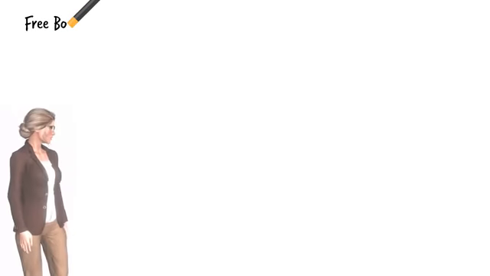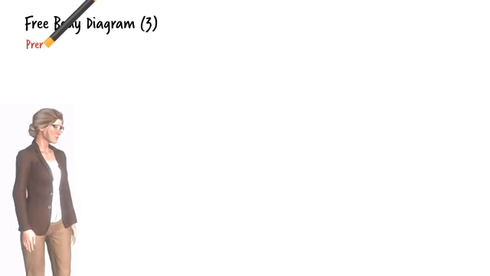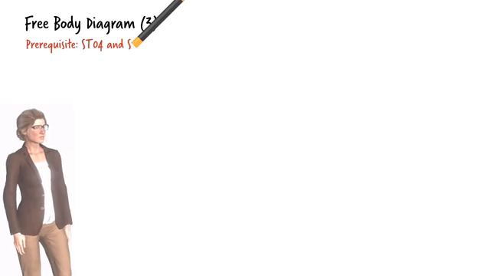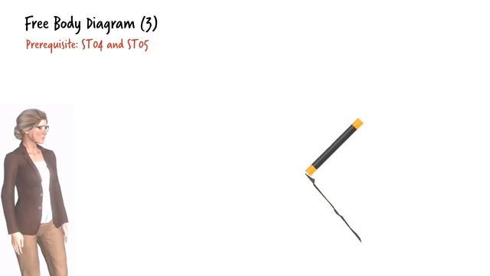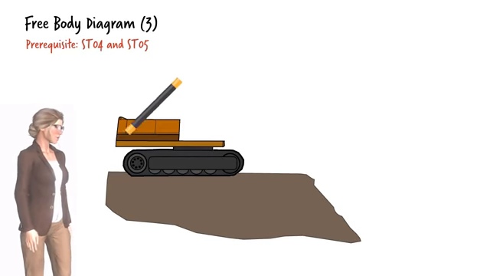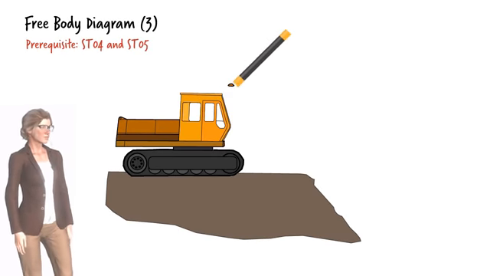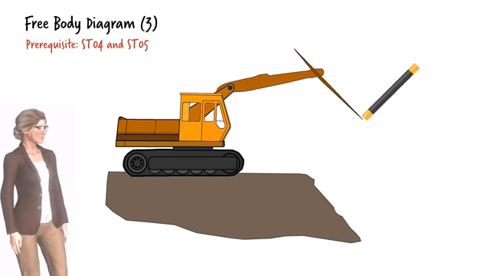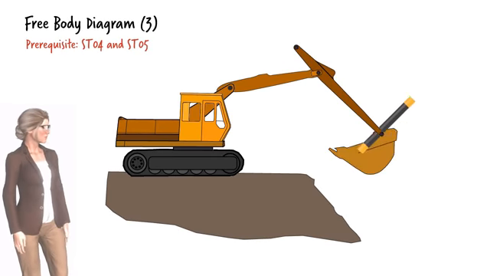This lecture is a continuation of our discussion on free body diagrams. Please review STO4 and STO5 for background information. In the context of static equilibrium of rigid bodies, given a system like this tractor, we are often interested in